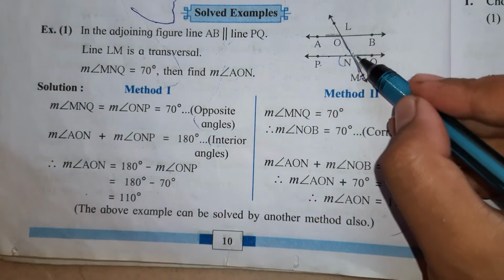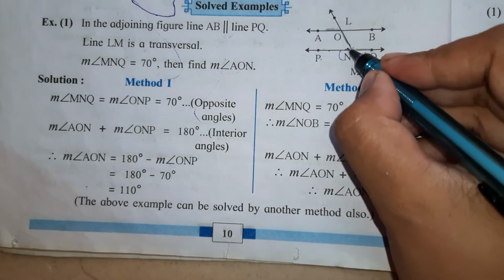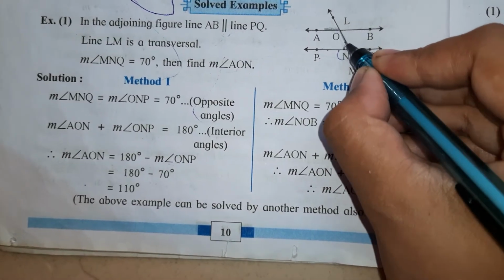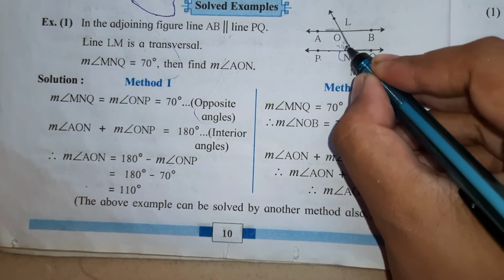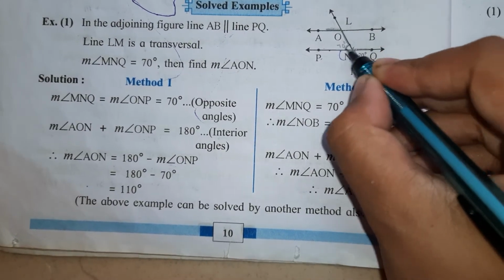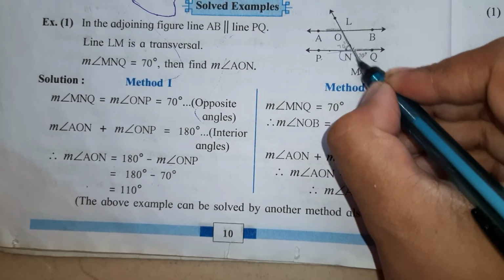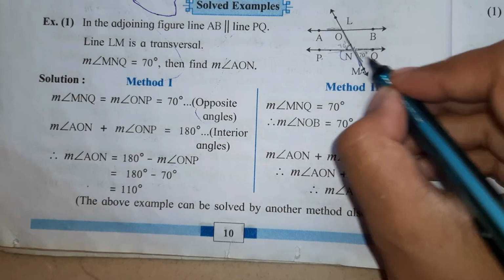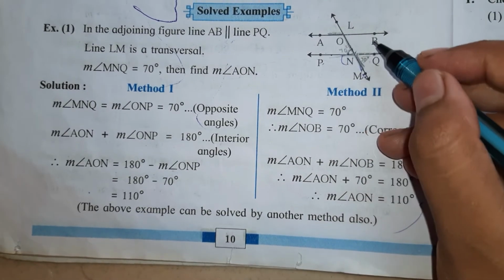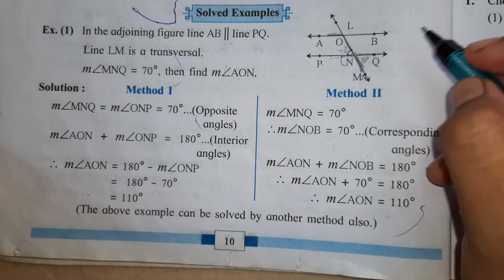Okay. So very easy. Now see here. This angle is 70 degree. So how much will be this angle? 70 degree. Why? Because they are vertically opposite. See, two lines, which shape is formed? X. And when X shape is formed, then the pair of angles are called vertically opposite angles and they are always congruent. This we have studied in 7th standard.